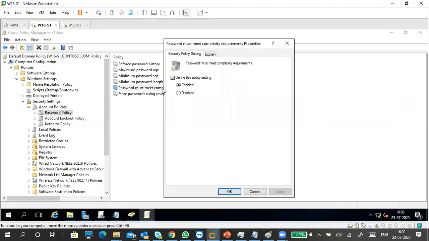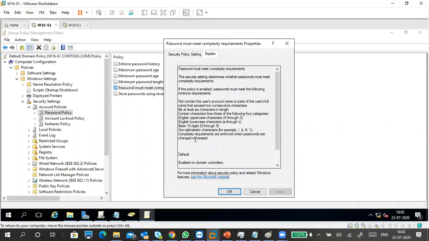Password must meet complexity requirements. Complexity is required. Some people put a simple name, admin123, or maybe hello as a password. Something like that. Lenovo or maybe administrator as a password. So they give plain names. Instead of that, give a complex one: one capital letter, one small letter, digits, and certain special characters.